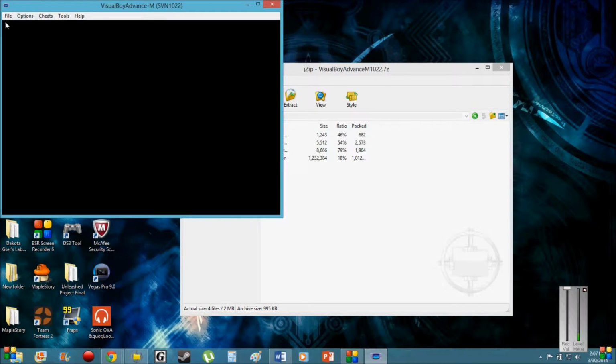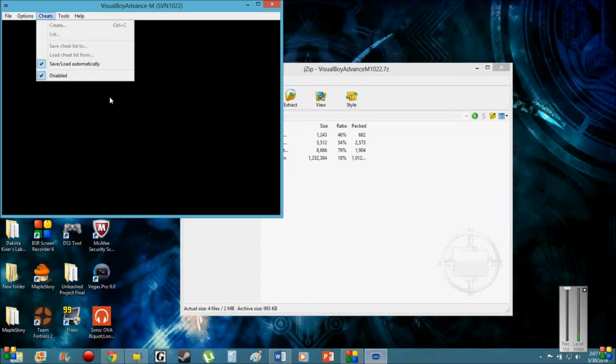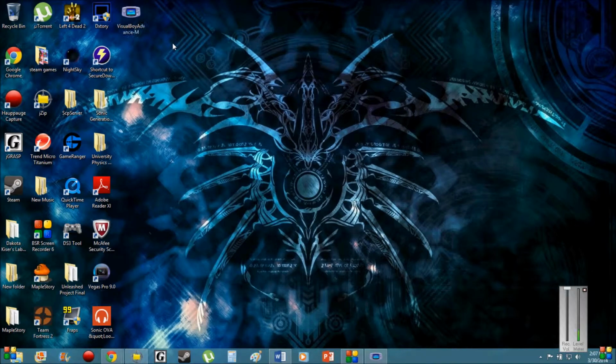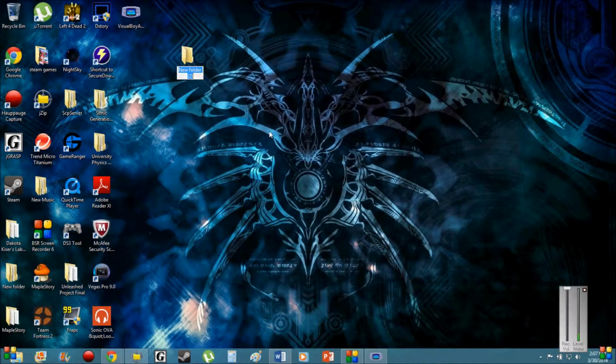Alright, notice how it says Open GBA. Well, in order to open that, we'll need to download some games for it. But before we do that, we're going to create a folder for it. Right click, click New, click Folder, and we're going to call it the Game Boy Advance Emulator